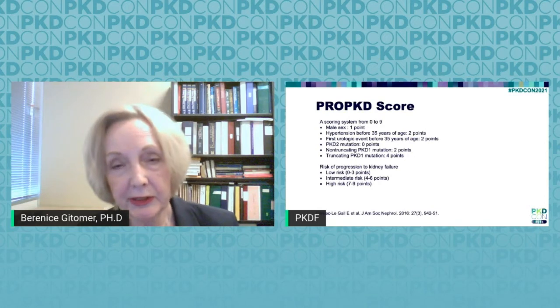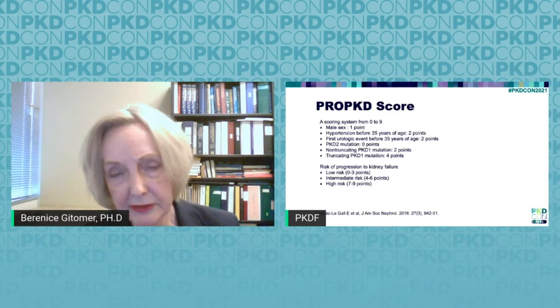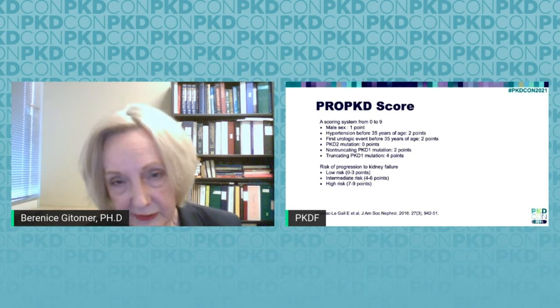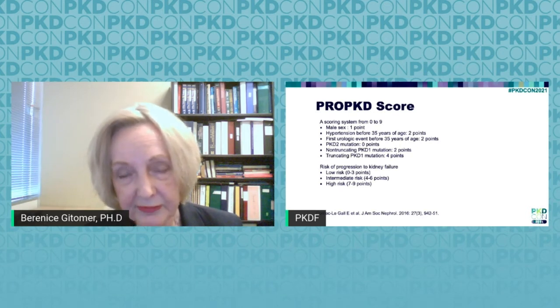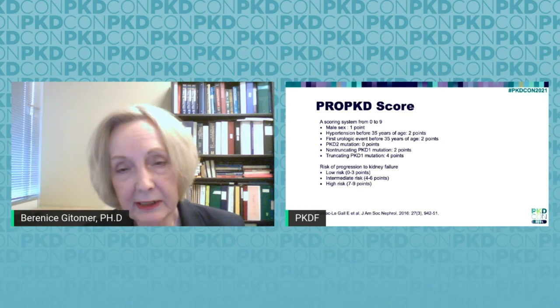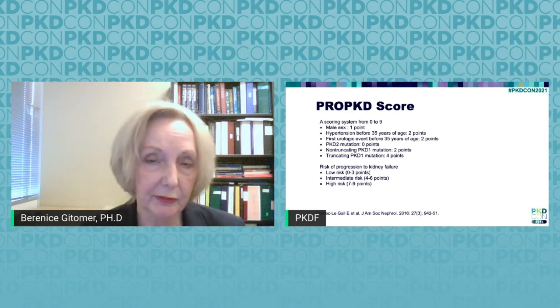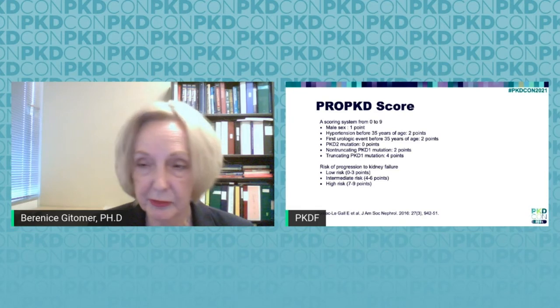A second scoring system, the PKD score system, was developed. This takes into account a wider variety of things, such as the gene mutated, the type of mutation, age at onset, early onset of hypertension, early urology-related problems, and it gives a number, so a higher score in the PKD score is associated with higher risk for more rapid progression. Next slide, please.